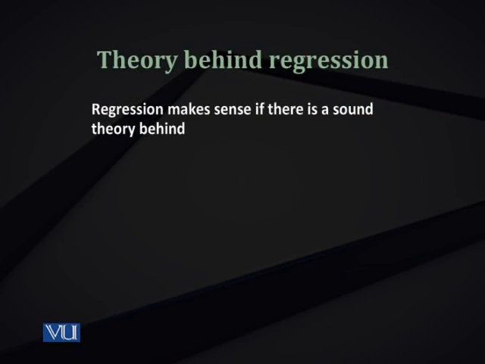When we perform regressions, it is necessary that the regression is backed by sense or logic or some kind of theory. We cannot just pick up variables and regress one variable on another variable. So there must be some background theory. For example, when we regress quantity demanded on price or other variables, we have the theory of demand in the background. The theory suggests that demand is a function of price and tastes and income and variables like that.